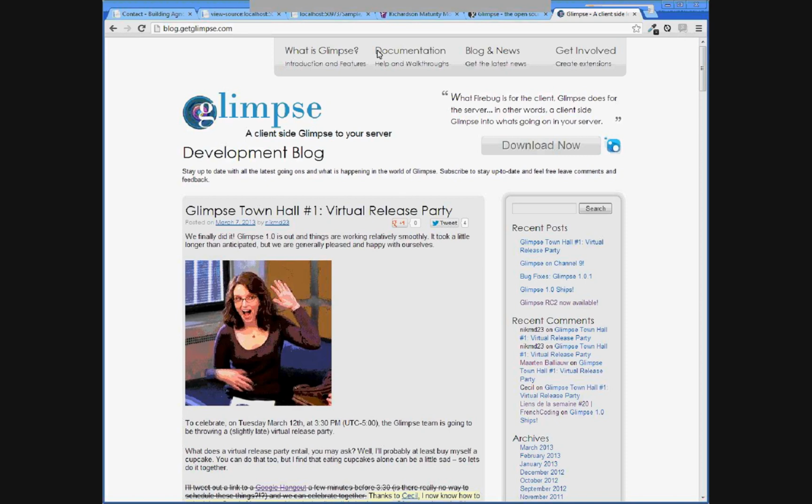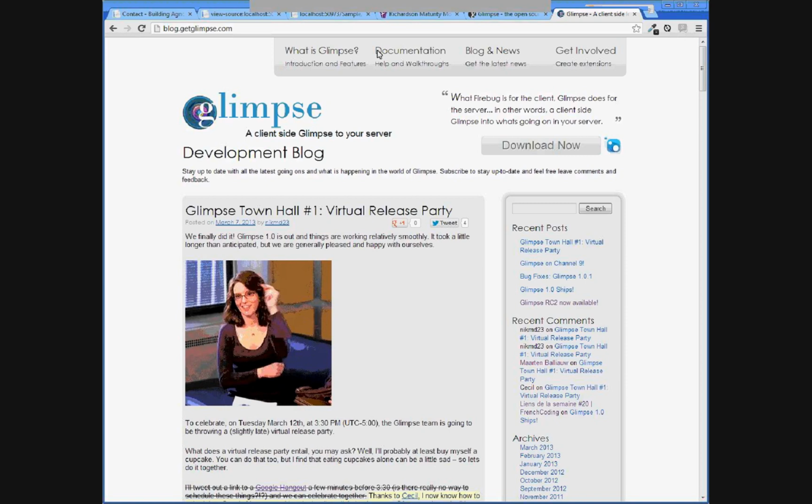But he's asking about Glimpse. How does it compare to Mini Profiler? Does it complement each other? I think that really comes down to what you're after. Glimpse is, in my opinion, a bit more of a platform, meaning that it's very easy to create plugins. Not that it's not that you can't do similar things with